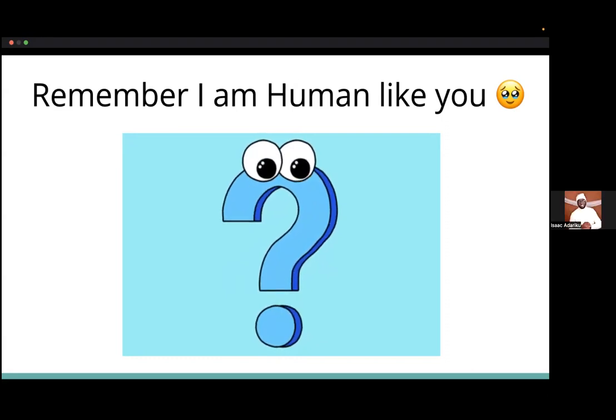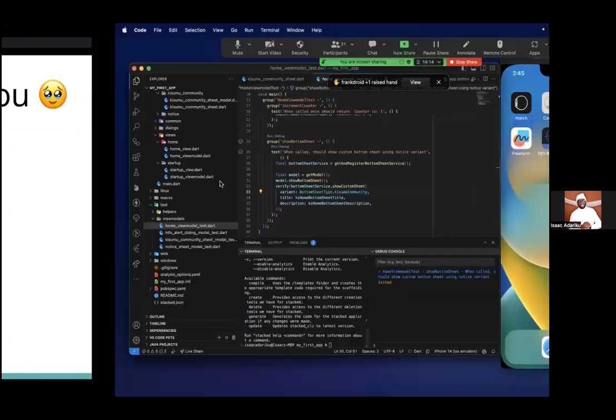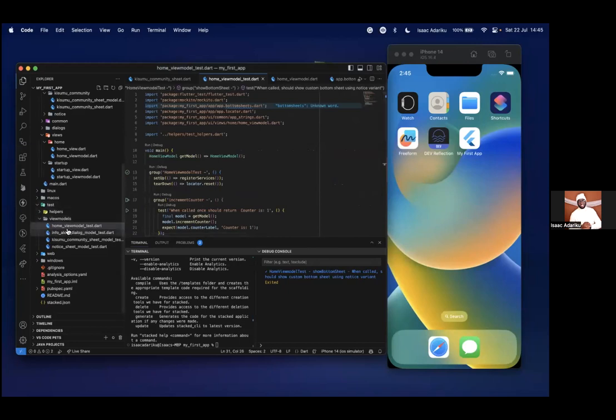Could you explain further on how one can leverage on Stacked for writing unit testing and testing in general? So like I mentioned, if you were here before, I said you should code with red, green, code with traffic light. So as soon as you create your view, maybe you run Stacked create your view, you get to see the view models and the view. So before you write any code in the view model, you can quickly rush to your tests. Let me show you just this example. So Stacked creates the view model for you and also creates maybe helpers if you have helpers.